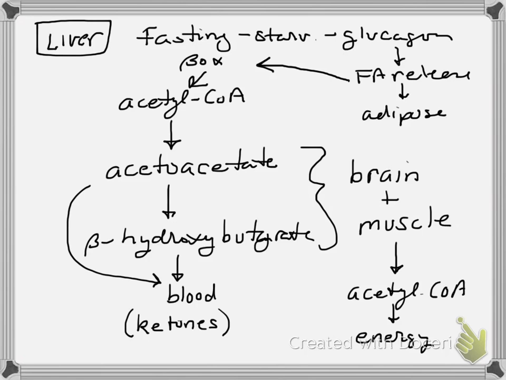Okay, so back where we were. Fasting state, starvation, glucagon signaling, fatty acid release, adipose releasing the fatty acids, liver taking up the fatty acids. Fatty acids undergo beta oxidation, generating large amounts of acetyl-CoA in the liver. Now recall that this acetyl-CoA is not going to be used to make fatty acids because we are in a fasting, glucagon signaling state. But the acetyl-CoA is going to build up inside the mitochondria. And as it builds up, it essentially has no place to go.